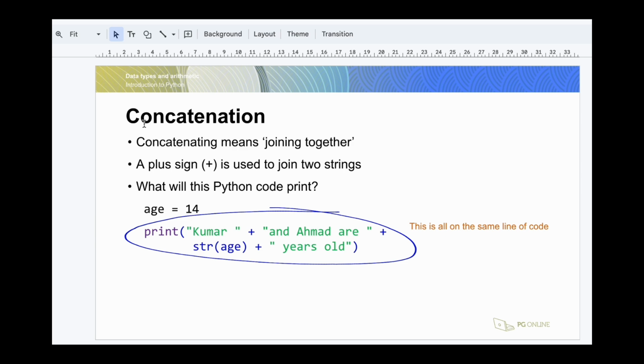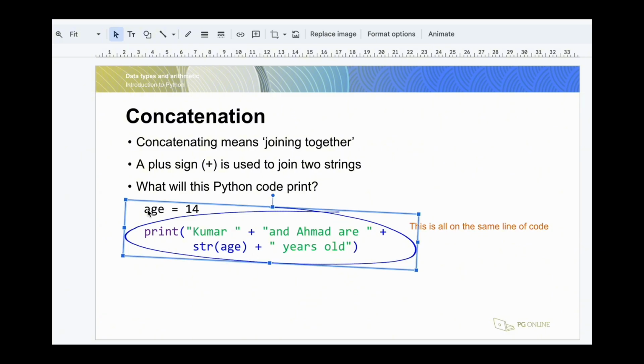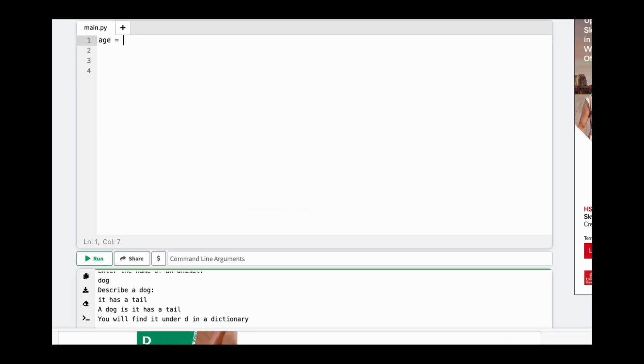Okay, so concatenation means joining two items together, and we do this by using the plus sign. So over here we've joined Kumar, which is a string, which is a text, with another text, and then we've joined it with this thing over here, which says str, which is short for string, and then we've got the variable name age over here. So let me show you how this works. So we had age equals 14. This could be anything, and then we are printing out